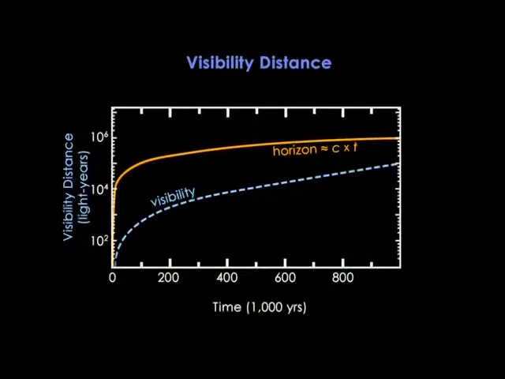If you can, then the universe is effectively transparent. If not, then it's effectively foggy. Well, here is the horizon distance. It's basically the cosmic age in light years, and it curves this funny way because the y-axis is exponential, but the x-axis is linear. At 100,000 years, for example, the visibility distance of 500 light years is less than 1% of the horizon distance. And that's equivalent to just 30 yards visibility if you were standing on the seashore. So it is definitely foggy.